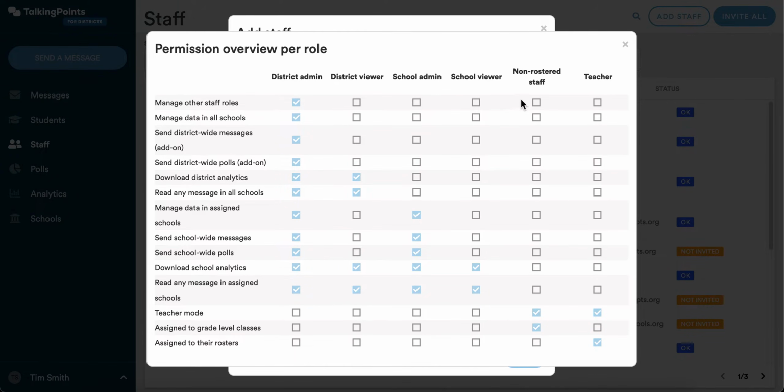And the last, and hopefully potentially most helpful permission that we have added now is the non-rostered staff. In the past years, we've heard a lot of feedback from you that while the three big buckets that we had before were useful, there is really a fourth bucket of users who are, of course, staff. They do work with students. They do have their own classes that they are teaching, but perhaps those are not being listed in your student